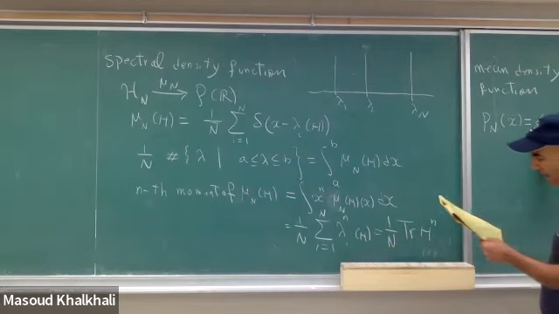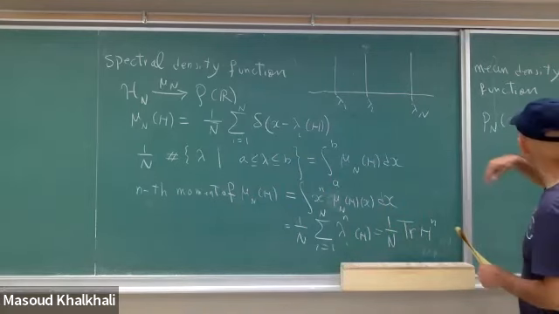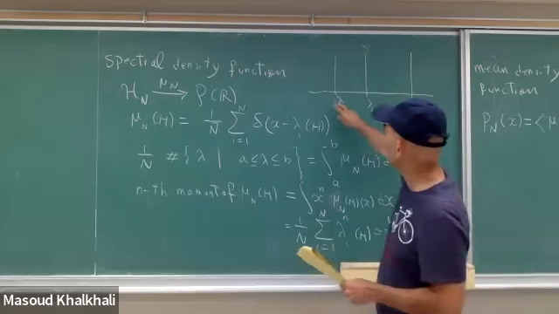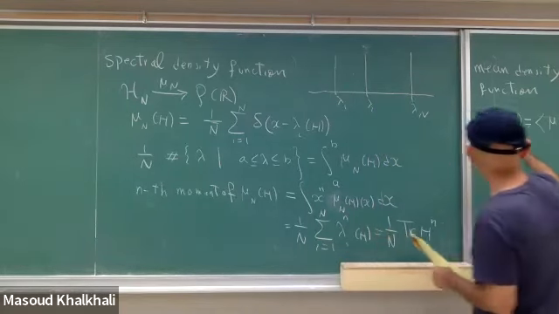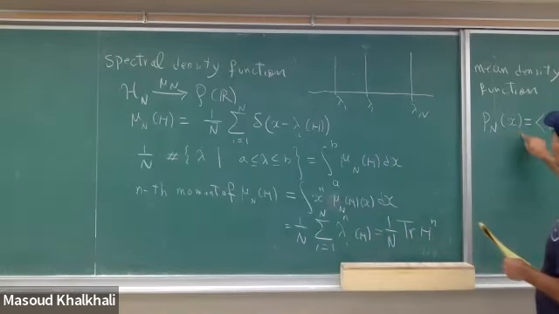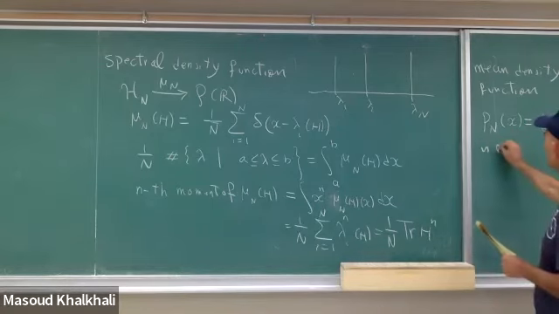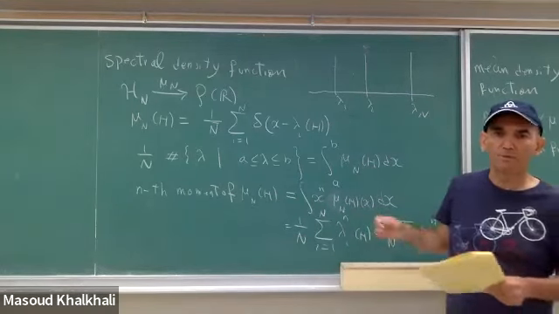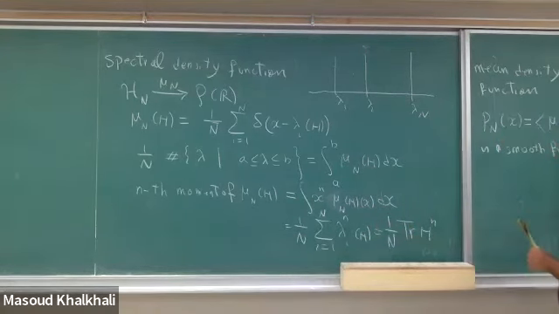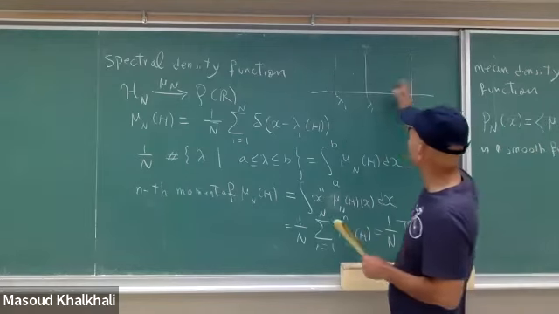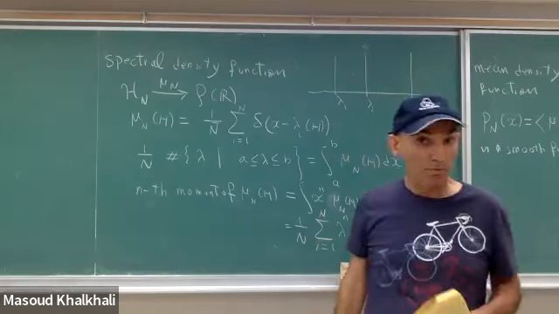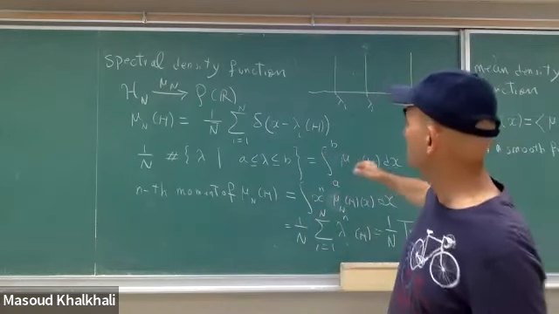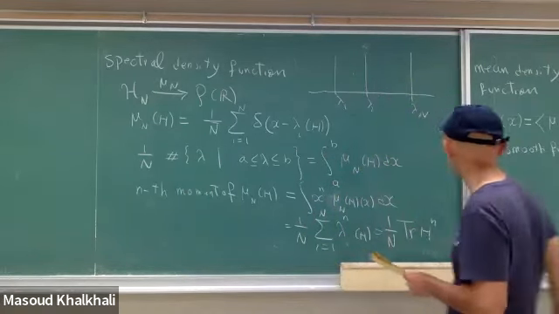And once you do that, you notice that already this discontinuity disappears, and this turns out to be a smooth function, at least for these unitary invariant ensembles that we are going to work with. So from this thing, which is basically the histogram in statistics,